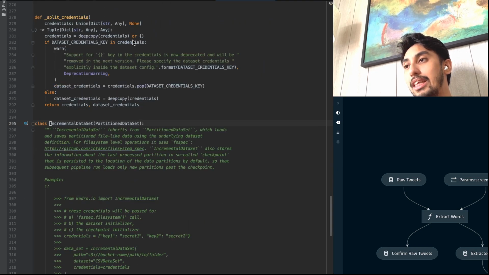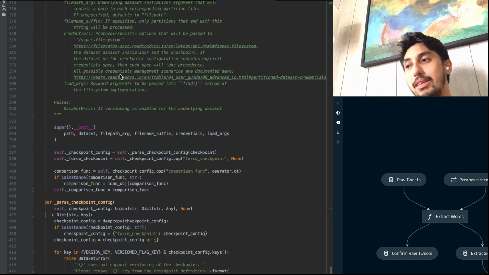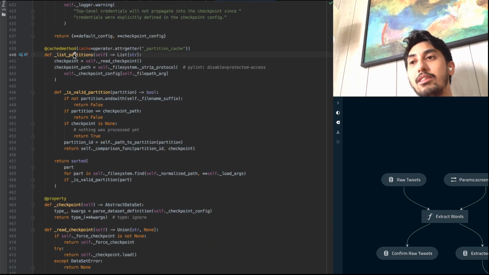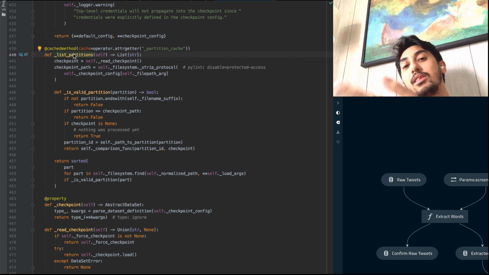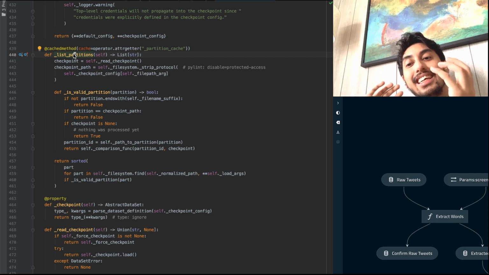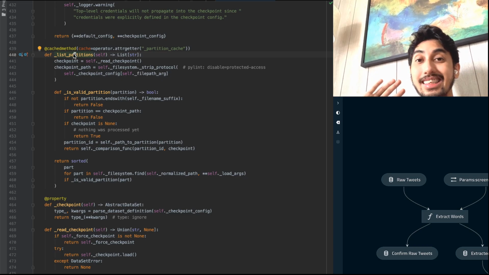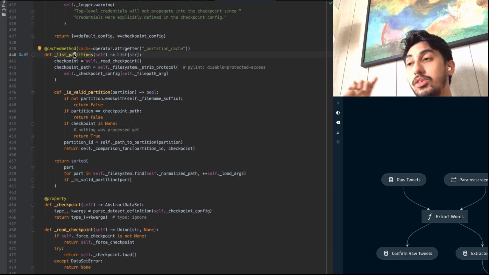If we look at the original implementation of the incremental data set, and scroll down, we can see here list partitions. This function gets the entire list of partitions that are available for the dataset to read in. However, by default, it uses a cache mechanism on that function in order to cache the list of datasets that are available to it. This is not thread safe, and as a result,